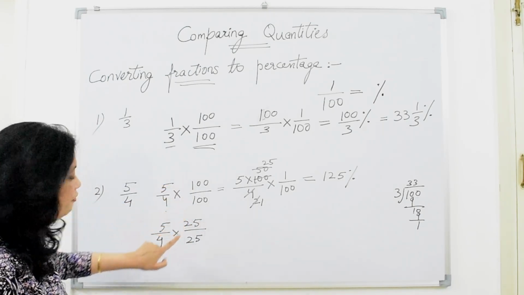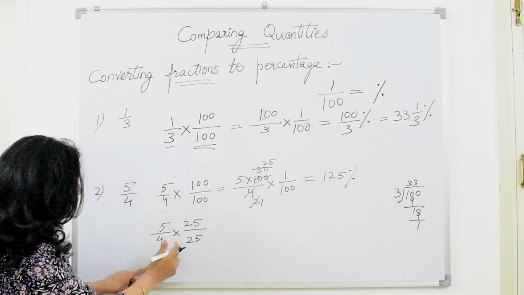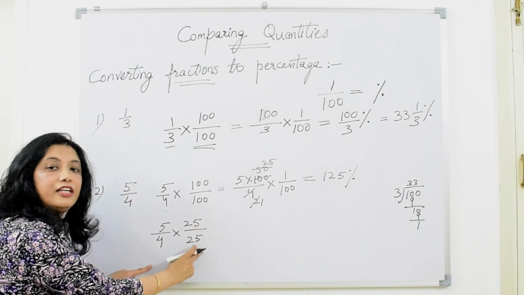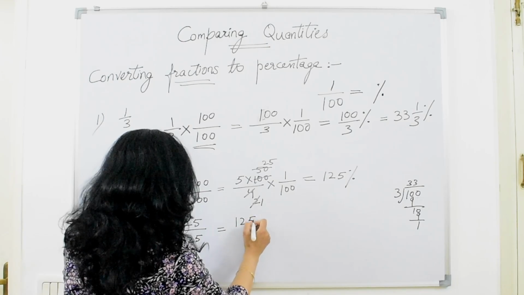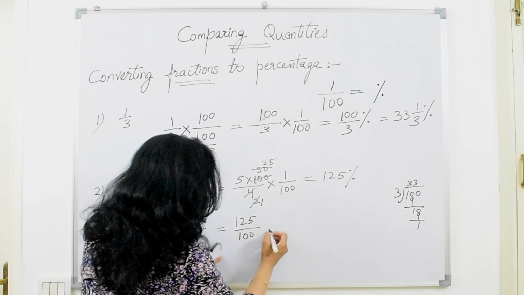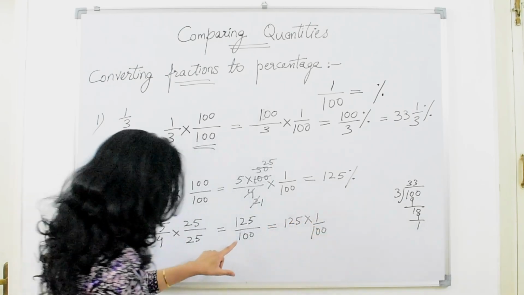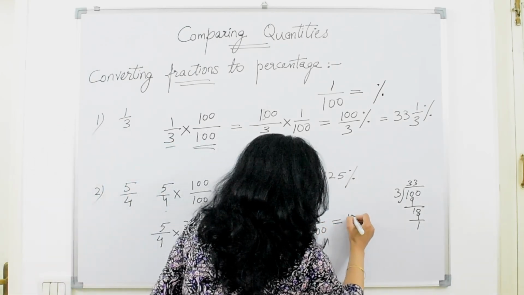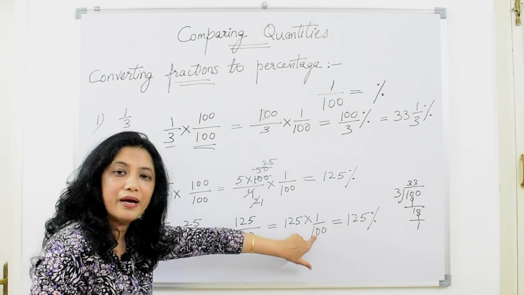Instead of 100, we can multiply with a number so that we get the denominator 100. Now 25 multiplied by 4 is 100. So we can multiply both numerator and denominator by 25. Now what do we get? 125 by 100. We have got 100 in the denominator. Now we will separate this. 125 multiplied by 1 by 100. We have separated 100 in this form. Further we can write it like this. We have written percentage in place of 1 by 100.